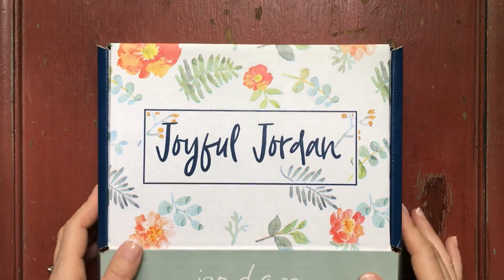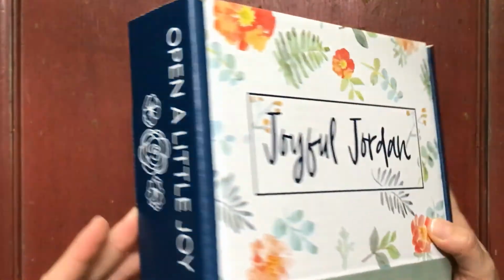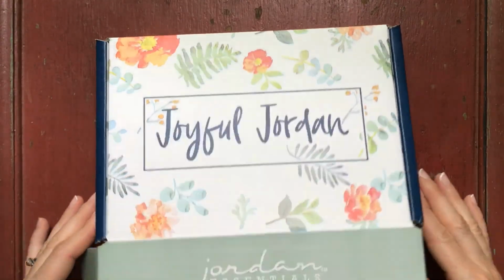And the box always comes packaged in this cute little floral design. On the side it says open a little joy, and then as we get here